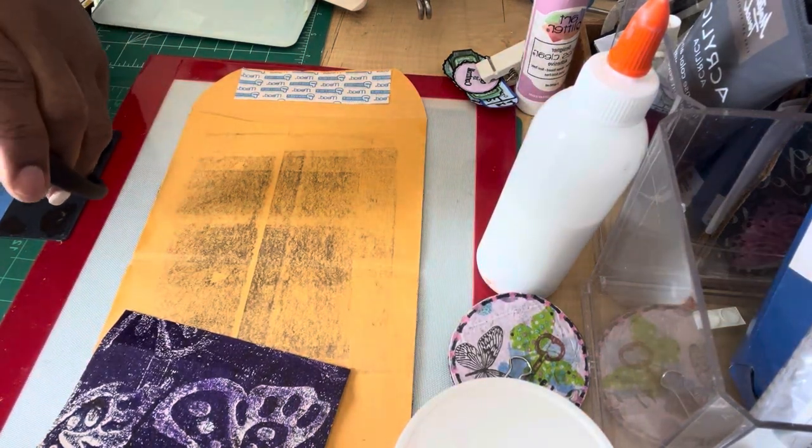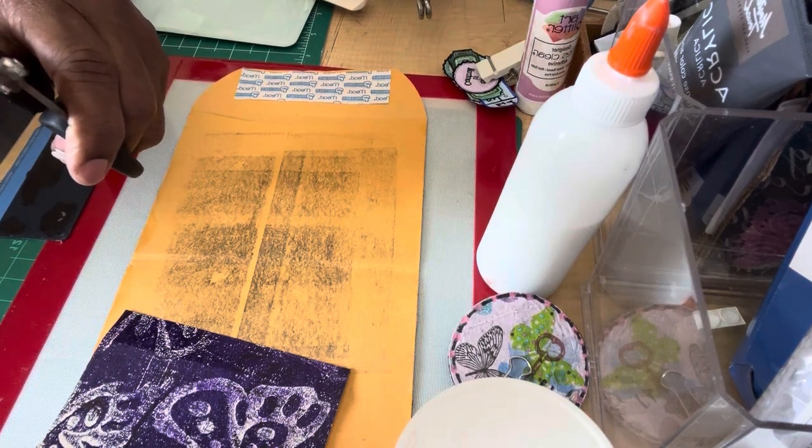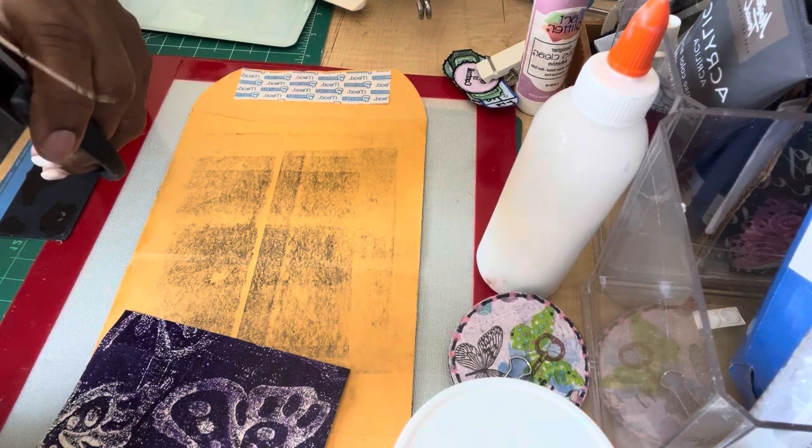Okay, I'm going to try to trim it now. Watch out now. Hold on. I'm going to try to trim it just a little bit so that...